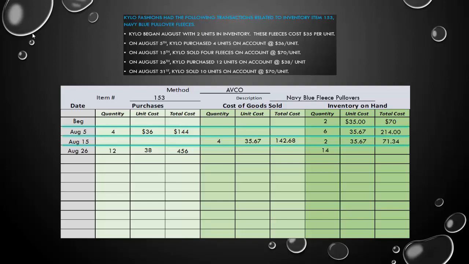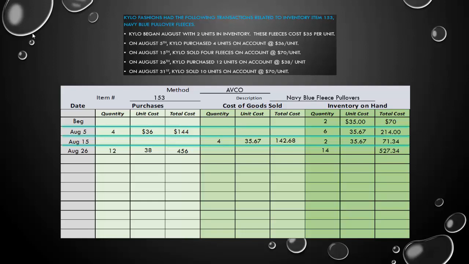Now we're up to 14. The total cost that we were carrying these pullovers at before the purchase was $71.34. Well, we just added another $456 worth of cost from this last purchase. So if we add those 2 numbers together, the total cost of our inventory is now